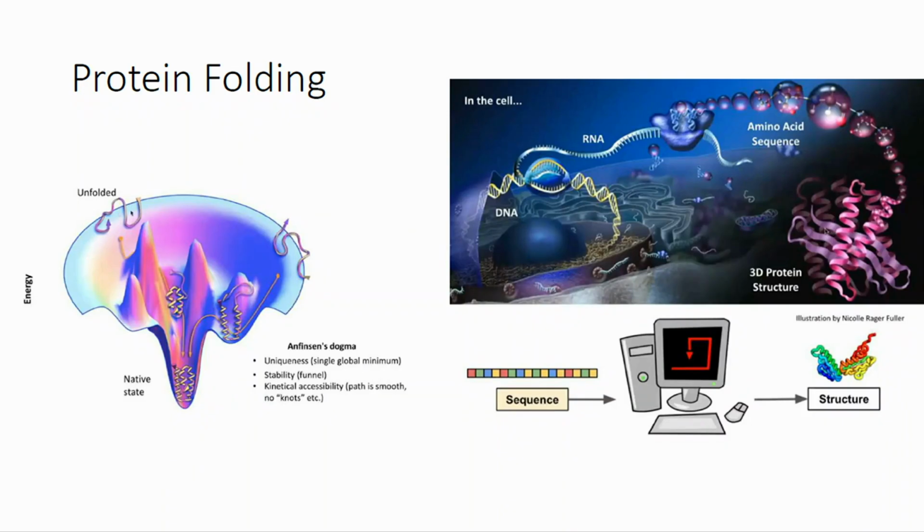AlphaFold-type algorithms are one way of doing protein folding, which is through machine learning, where you give it a lot of input and output pairs with carefully designed deep neural networks and machine learning training algorithms. We're using a black box neural network model that directly maps from the input sequence to the output structure through